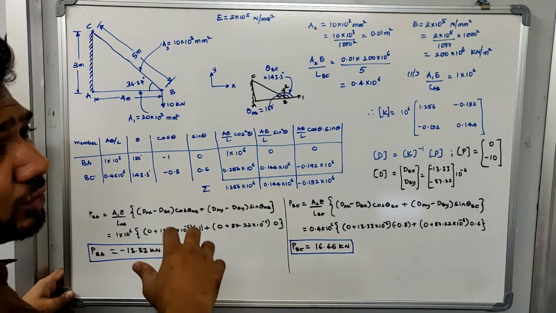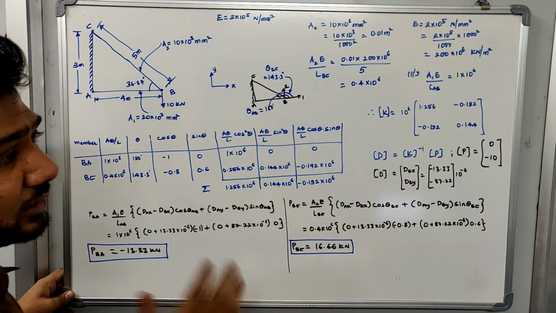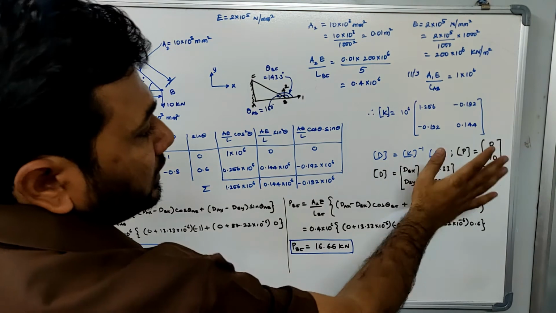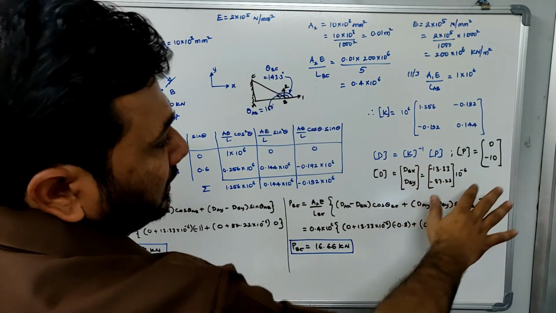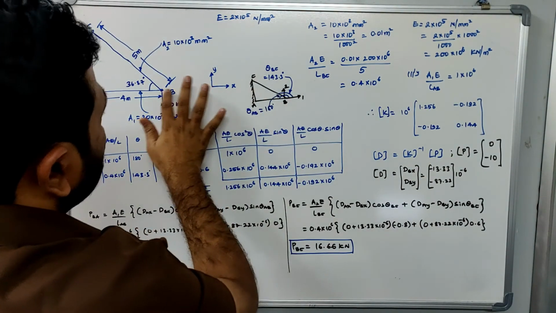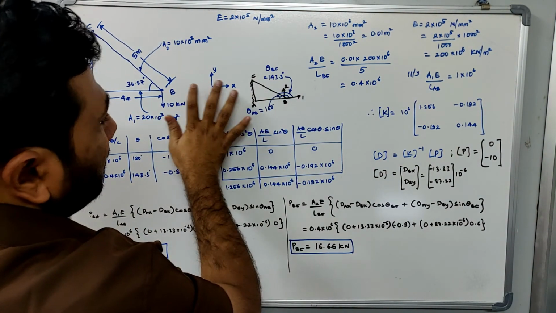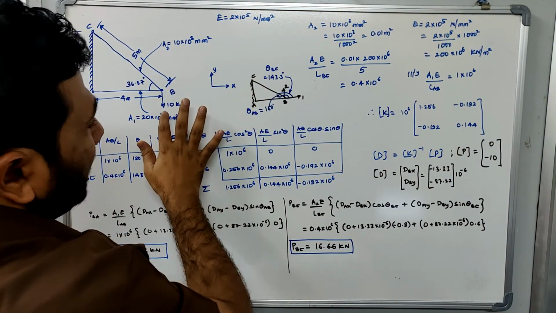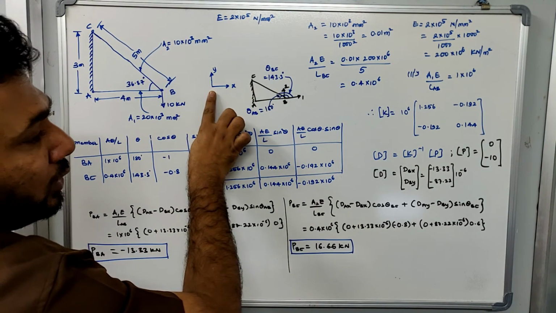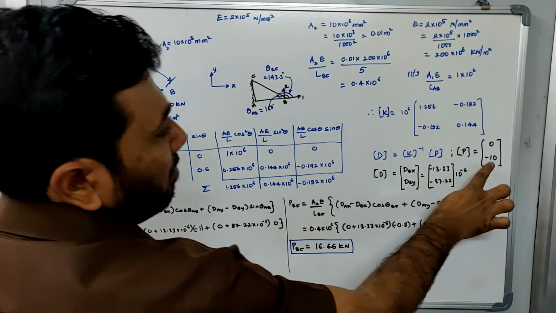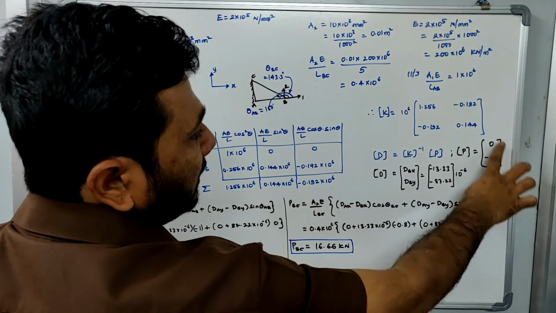Okay, there we used to take the fixed end moments and reactions. Remember that. So this is the only change that will happen while solving the force matrix in a pin jointed structure. So 0, because 0 force is applied in the x direction, which is your first coordinate, and the second coordinate there is a 10 kilonewton applied, which is in the downward direction, which is negative to the coordinate system that we mentioned. So minus 10. Okay, so this completes our force matrix.